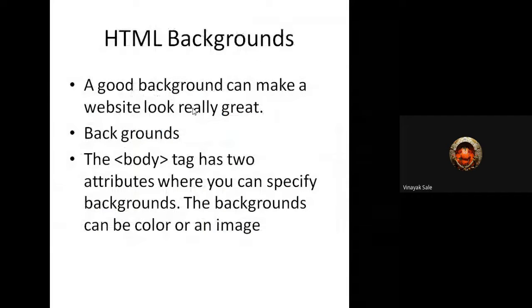Then next, HTML backgrounds. A good background can make a website look really great. The body tag has two attributes where you can specify backgrounds.